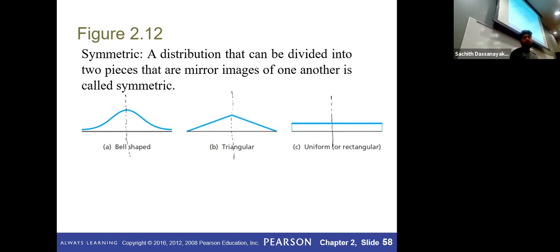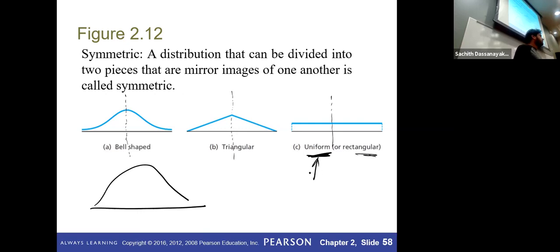So based on their symmetric behaviors, we define their shapes. The first one, as I mentioned, has a shape like this. We call it bell shape. This shape is, sorry, not rectangle, triangular, because it's like a triangle. We call it triangular shape. This one is like a rectangle, so we call it rectangular shape. Or this is a specific one based on the uniform distribution, because rectangular shapes we call uniform shape as well.